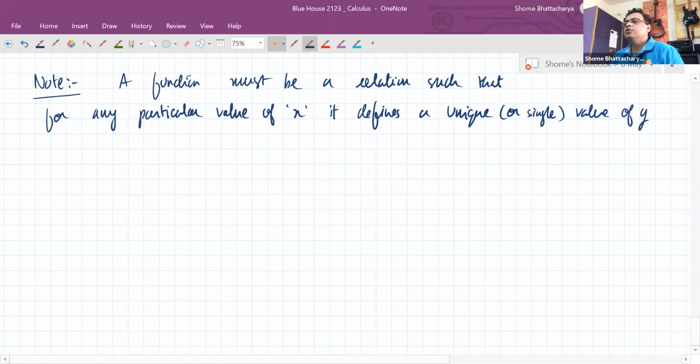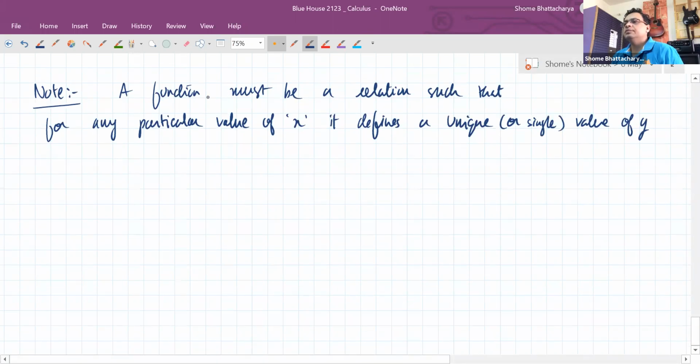Obviously we're talking about a function where y is the dependent variable and x is the independent variable. So if we interpret this statement graphically, now it means that